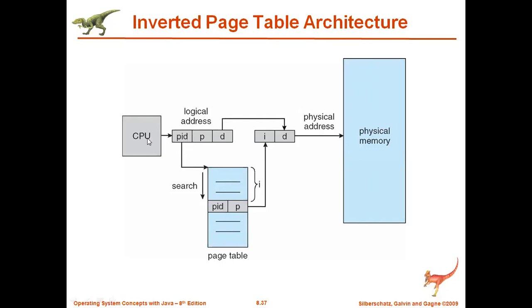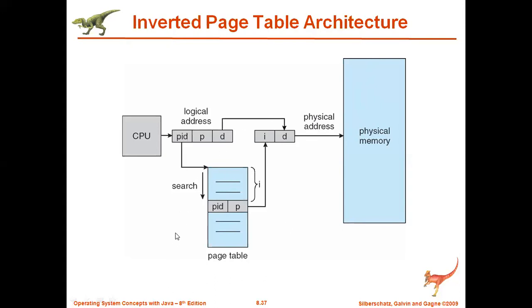So even in the case of an inverted page table, the CPU will give us the process and which page it needs. Then the offset value will be there, that is the line number. Then the process ID and P will come here. Then they will check which process ID the CPU is looking at, and in that process ID, which page number it is looking for. Then here we'll get the frame number, that is our i value. Then that i will be returned to the CPU for the physical address translation.